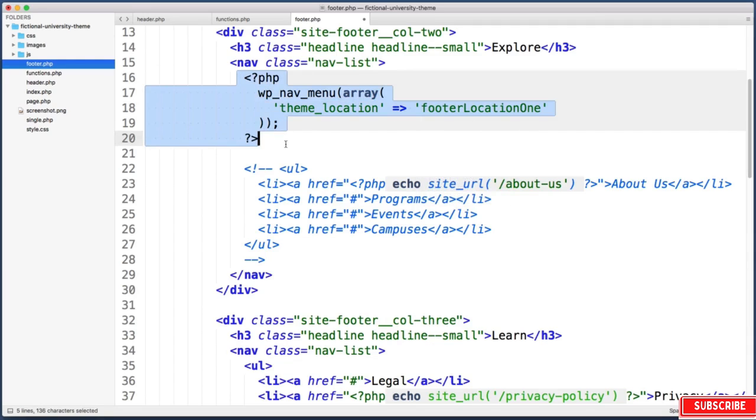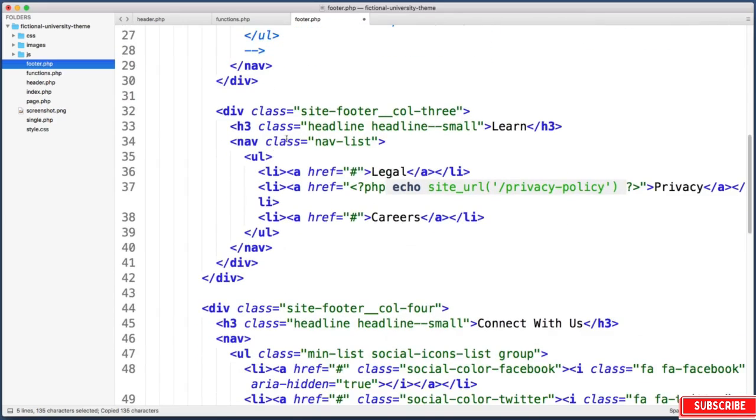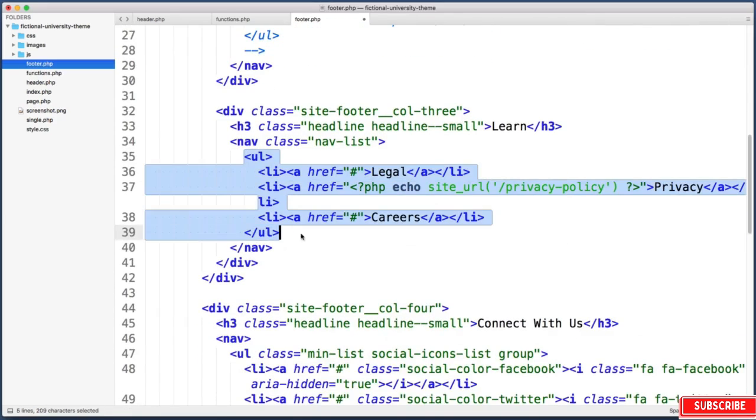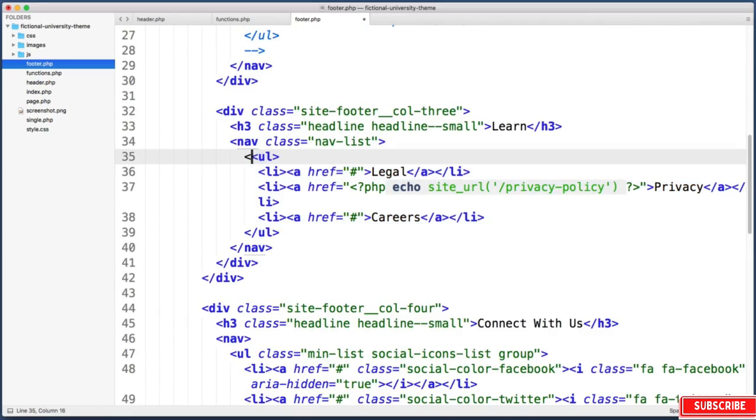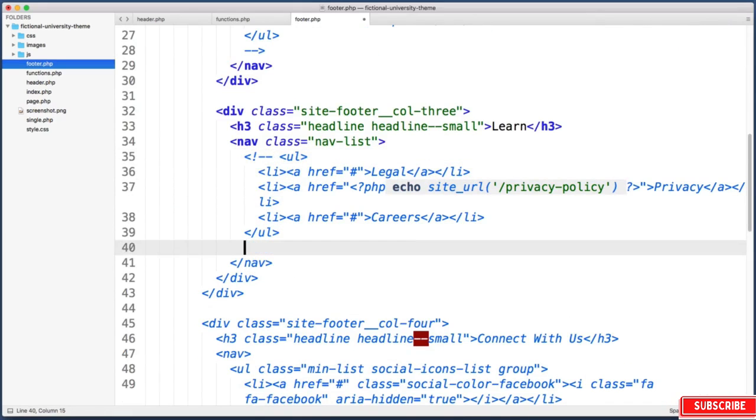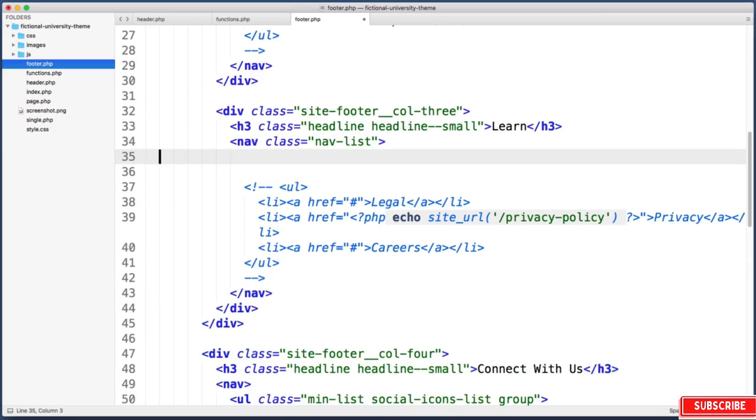So copy this block of PHP code we just wrote. If you scroll down just a little bit, you'll see the next column right here is the other ordered list in the footer. So you can either delete that or comment it out totally. Up to you. But in its place you can just paste in your clipboard, and for the theme location, let's change this from footer 1 to footer 2. Now, if we save this file